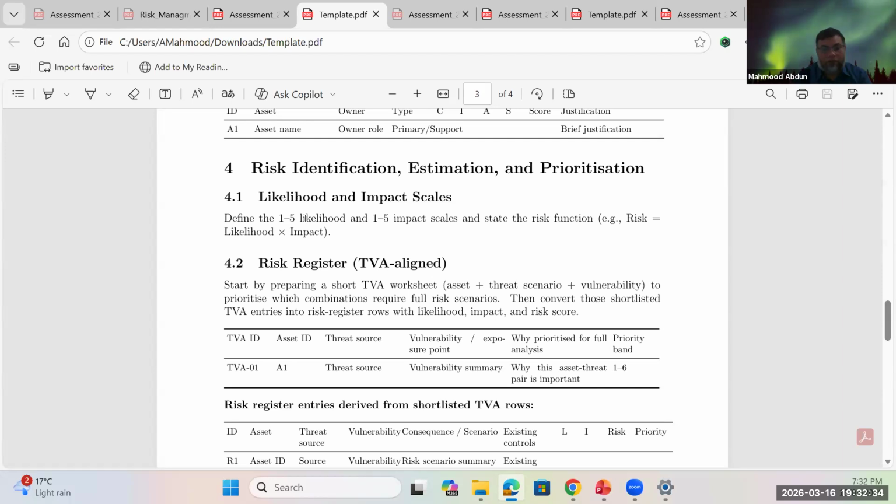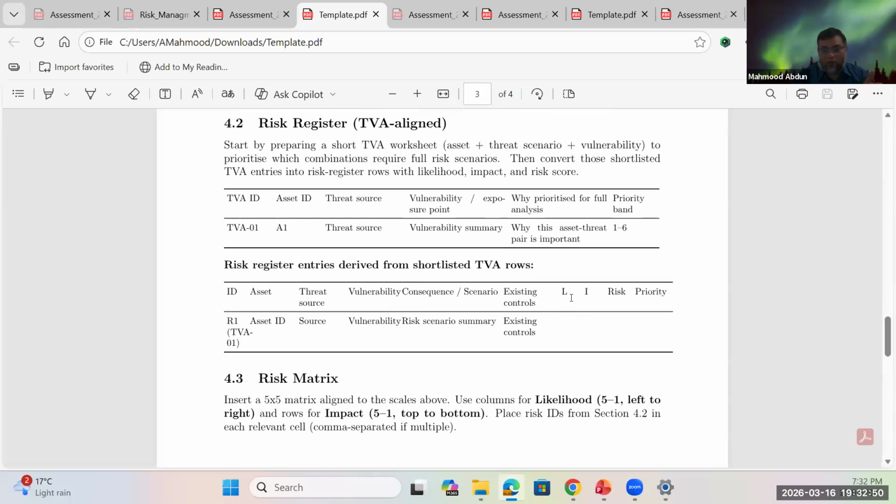And so let's say 5 being the most likely and 1 being the least likely. And the impact also can be on a scale between 1 to 5, so 5 being the most impactful and 1 being the least impactful. Why you need this is, once you